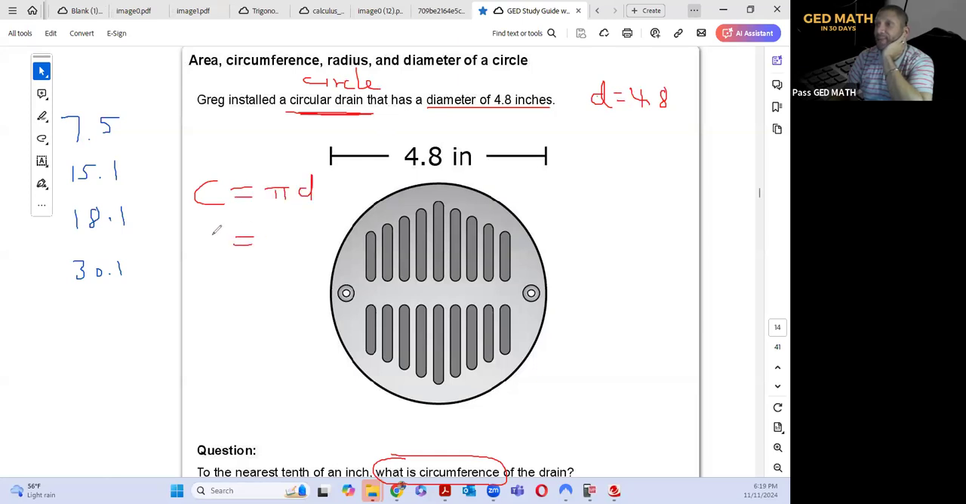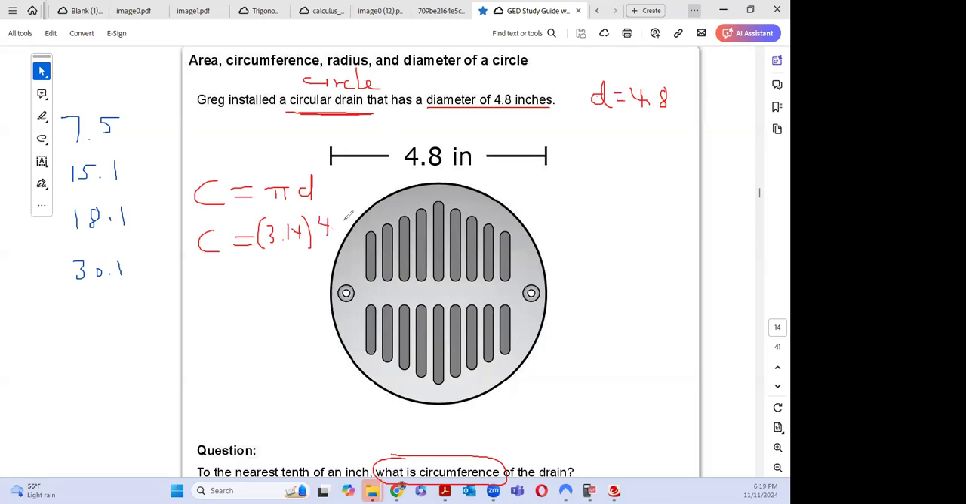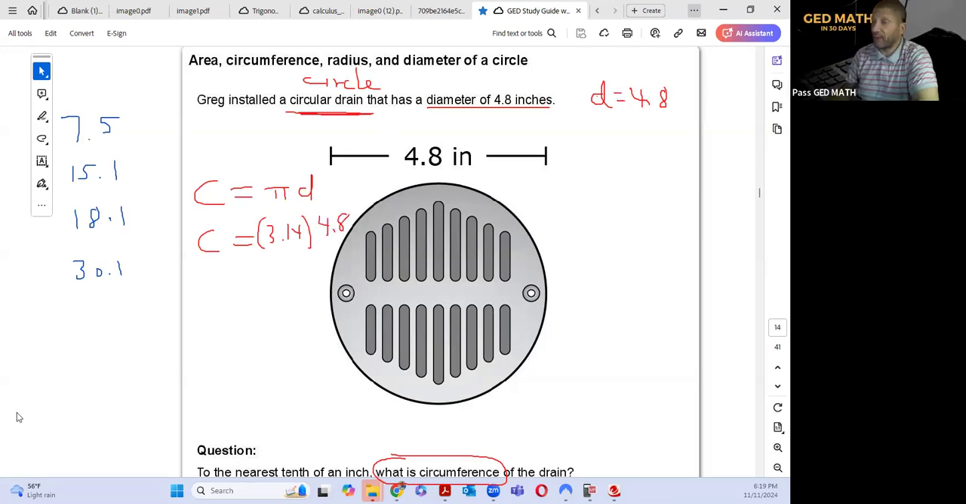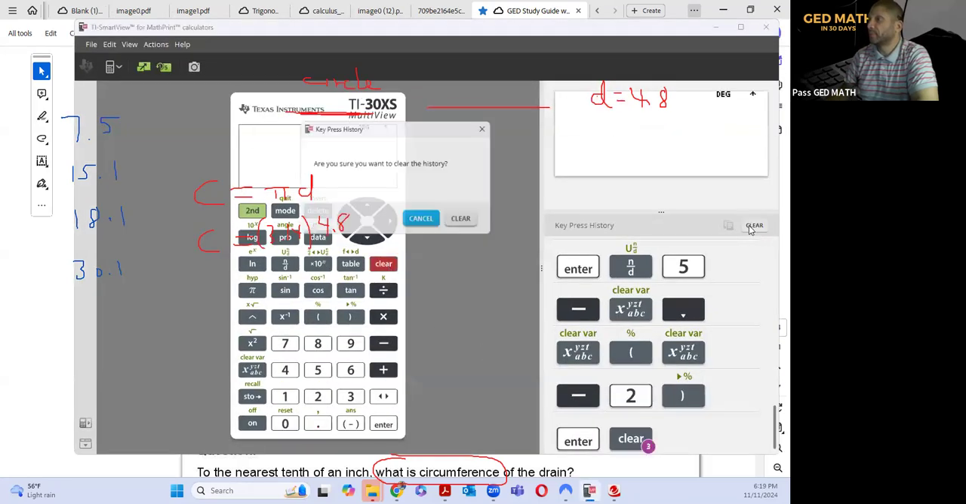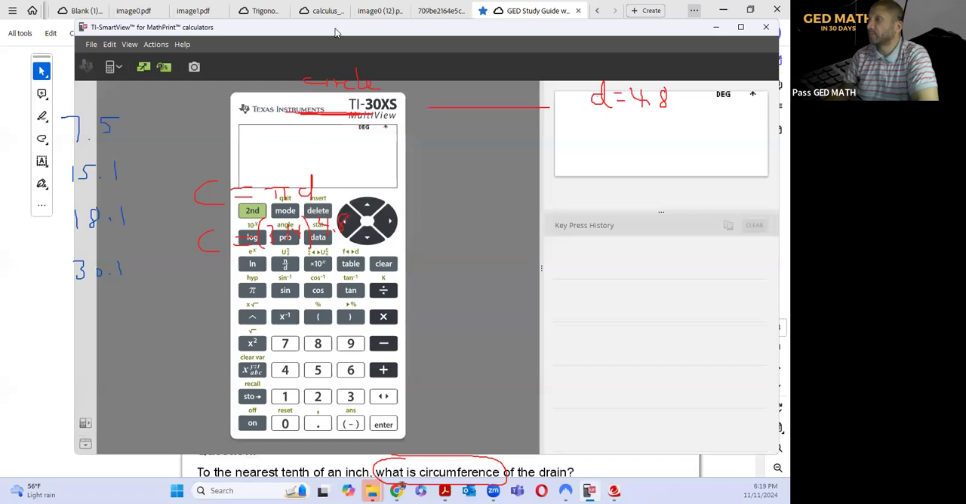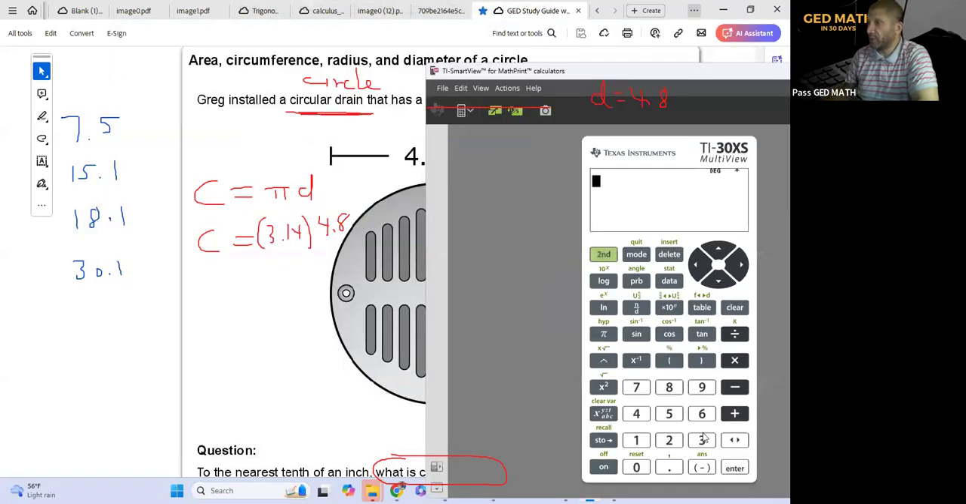They said pi was 3.14. When you have two variables next to each other, that's telling you you need to multiply. And what is your diameter? 4.8. So you just grab your calculator, it's your best friend. 3.14 in parentheses 4.8. The answer we got was 15